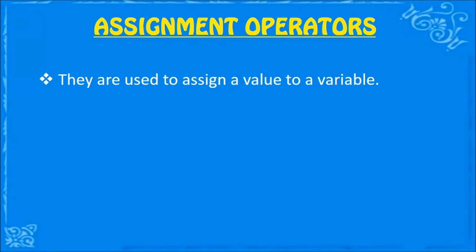Okay. So the next topic is the assignment operator, and it is used to assign a value to a variable. This is one of the most commonly used operators in Python, and it is used to assign the value on the right hand side to the variable on the left hand side. The example is a equal to 10. We have just seen this previously when I explained the input function. Here a is equal to 10, that means 10 is a value and we are assigning the value 10 to the variable a, which is on the left hand side, and 10 is on the right hand side.